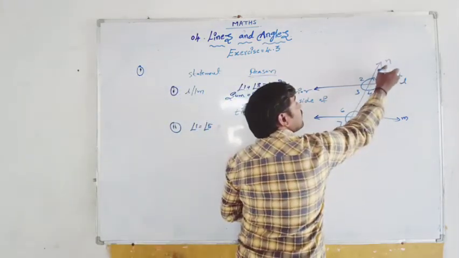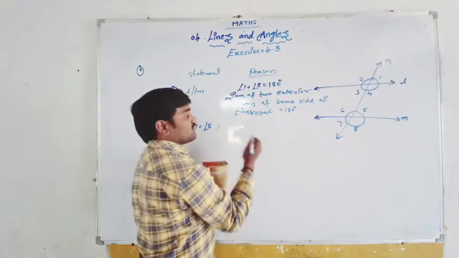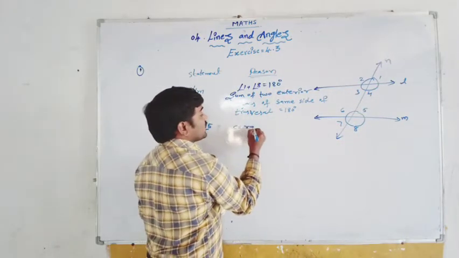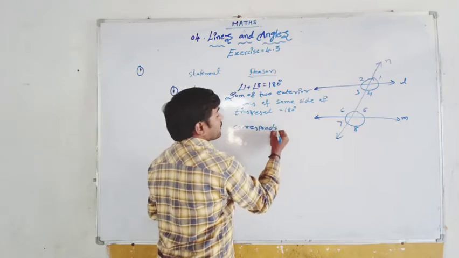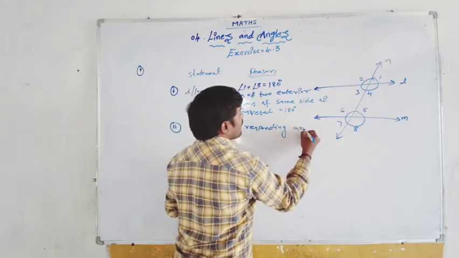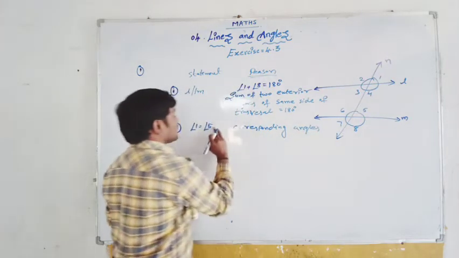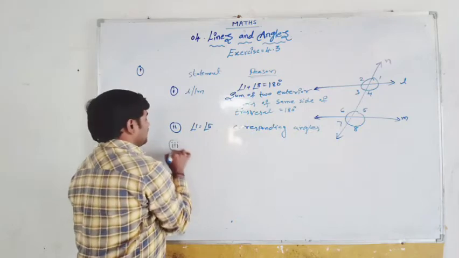See, these two are one exterior angle and one interior angle on the same side of the transversal. So they are called corresponding angles. Then the third one,